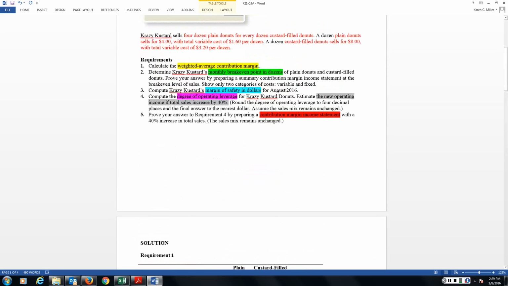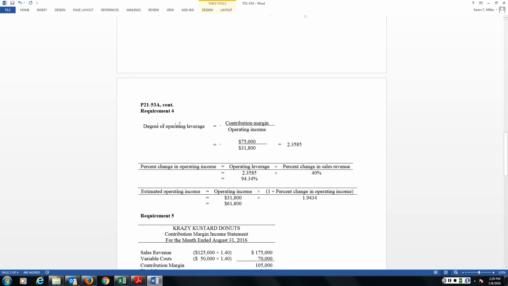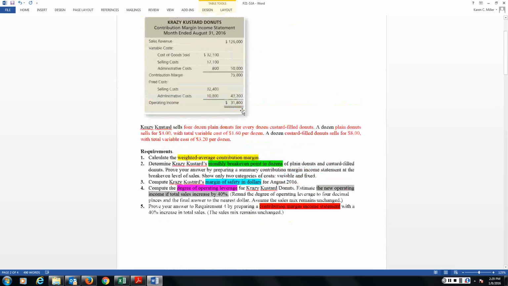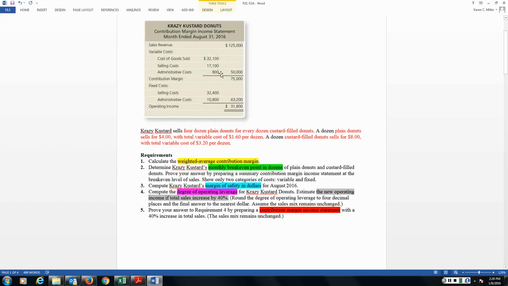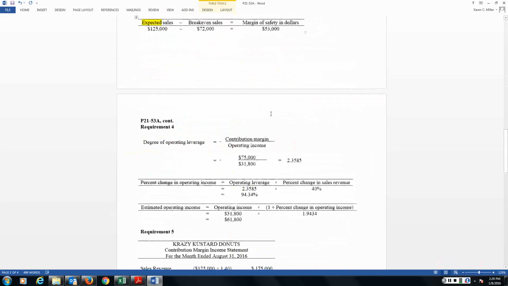So if we scoot back up, it asks us finally to calculate the degree of operating leverage and how a 40% increase in sales would impact us using the leverage formula. Our degree of operating leverage is simply contribution margin divided by operating income. Well, we've calculated our contribution margin above. Actually, it was given to us. Sales less variable costs generate a contribution margin of $75,000. So I'm going to divide operating income, also provided above, into contribution margin to show that my degree of operating leverage is